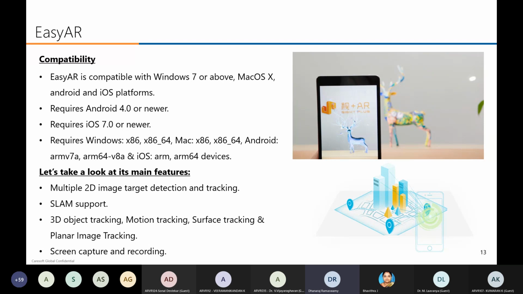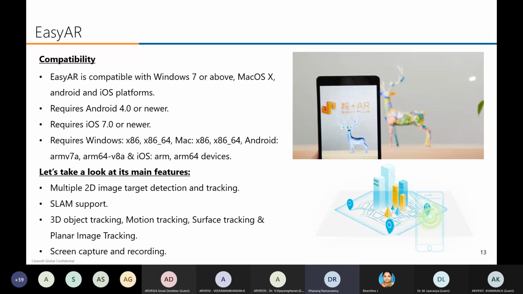Let me repeat this again, because these are the main important points. AR Kit supports only iPhone and iPad. AR Core supports Android phone and iPhone and iPad. Vuforia even supports iPhone and Android.